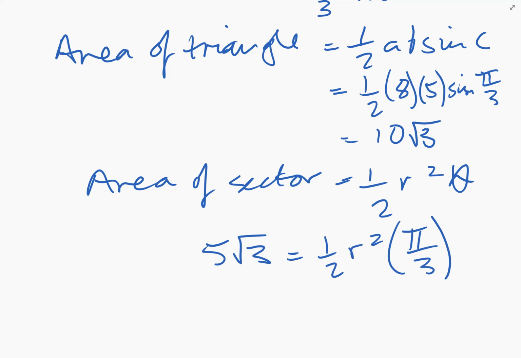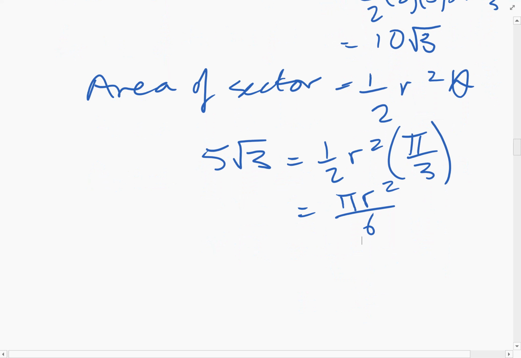So what can we do now? Let's simplify the right hand side a bit. If we simplify the right hand side, we've got pi r squared over 6 equals 5 root 3. And we want to get r on its own, so if we rearrange this, we should get r squared is 30 root 3 over pi. So square root that, and you should get